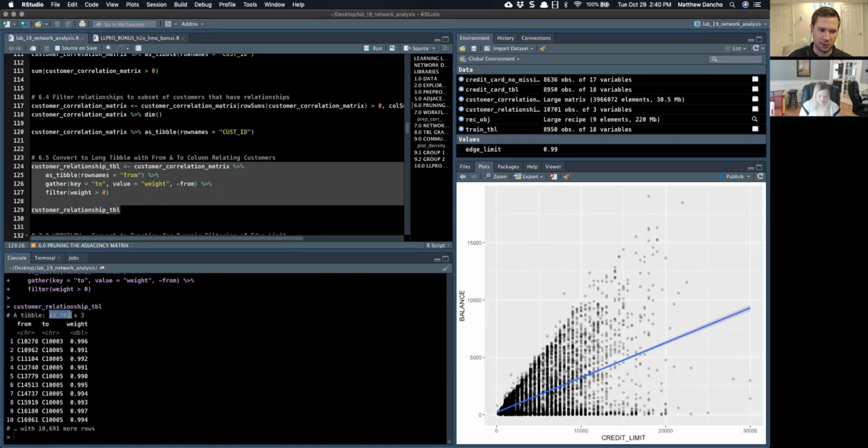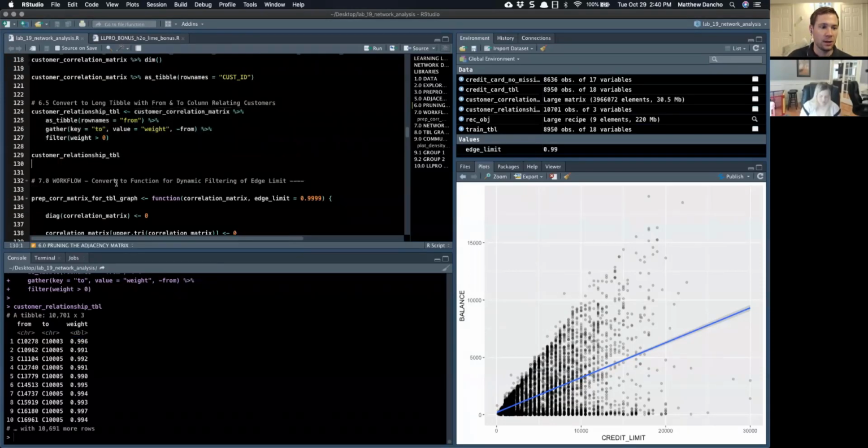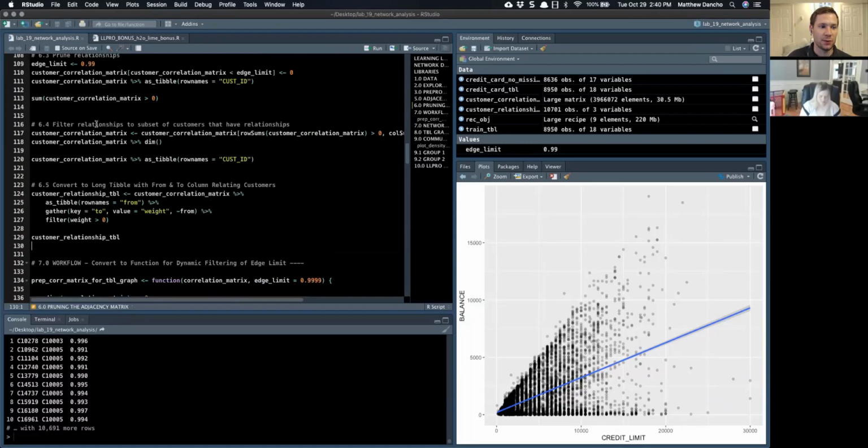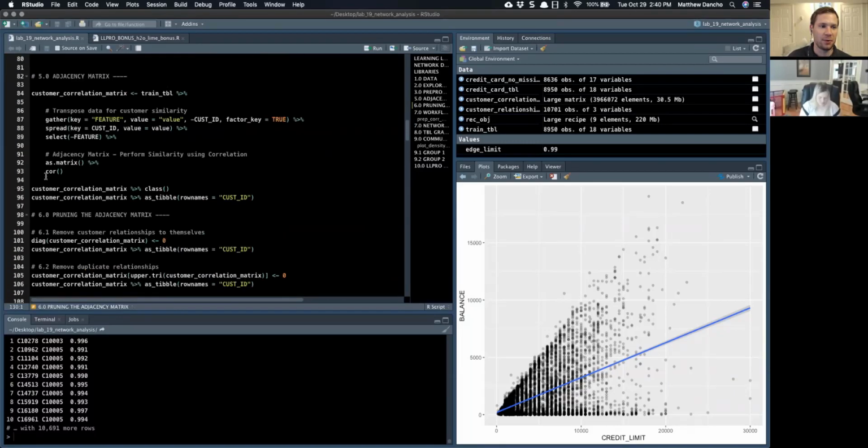We've got our 10,000 relationships in here. Basically, it's from some customer to some other customer, and it's got that correlation, that relationship between all the different features, how strong that relationship is. Okay. So this next section, section 7, what we're doing is all of this pre-processing for